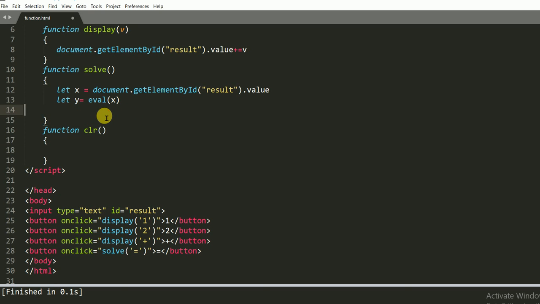So after that we show this result on screen. So we need to show on screen document dot, the evaluated value like y we put on.